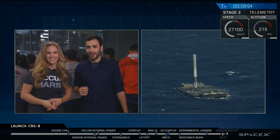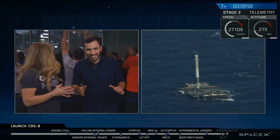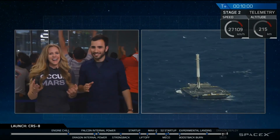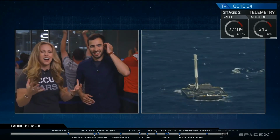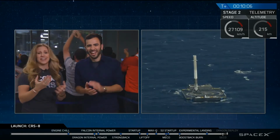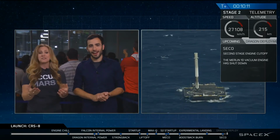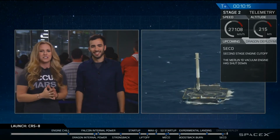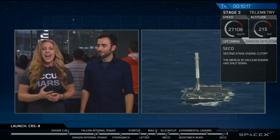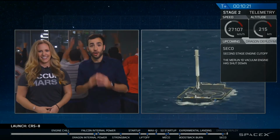Second stage engine cutoff. It looks like that's going really well. We can hardly hear, I don't know if you can hear us, but we're so super excited about the accomplishment that you have just witnessed alongside us. We just had the confirmation that the second engine has had a successful cutoff. So that means that the second stage...